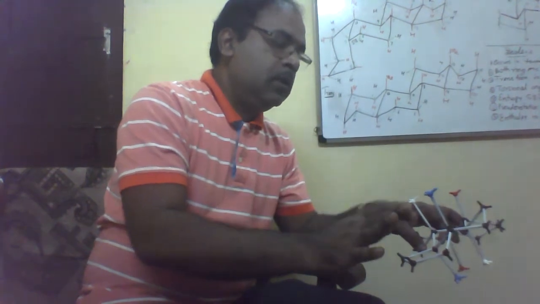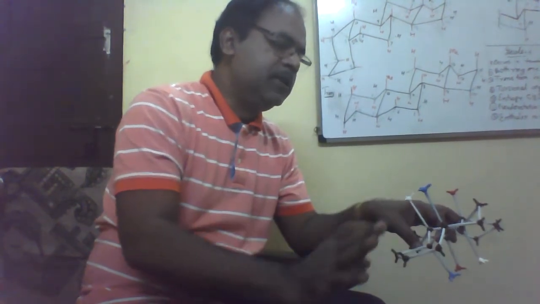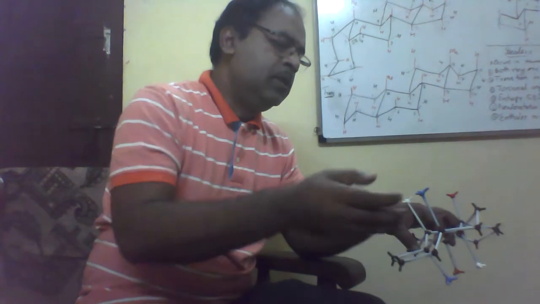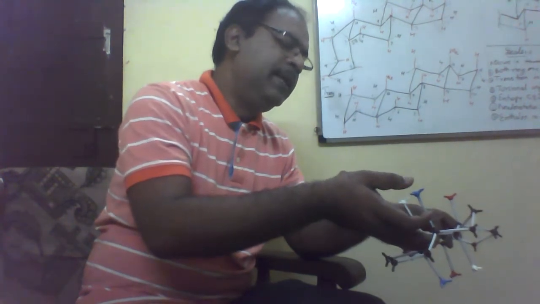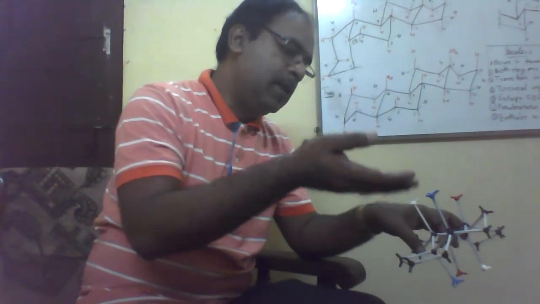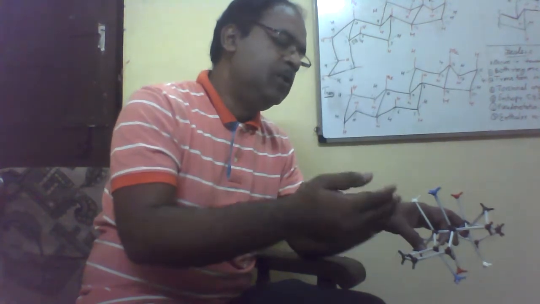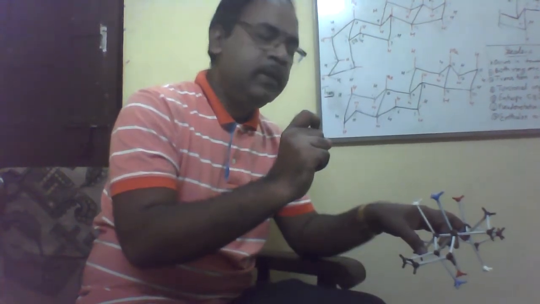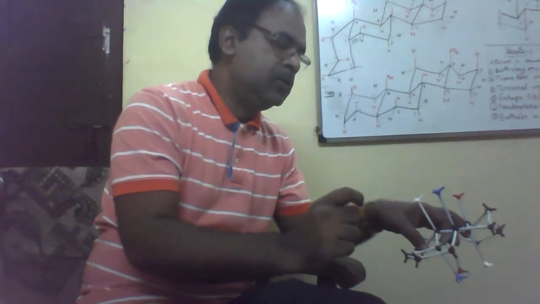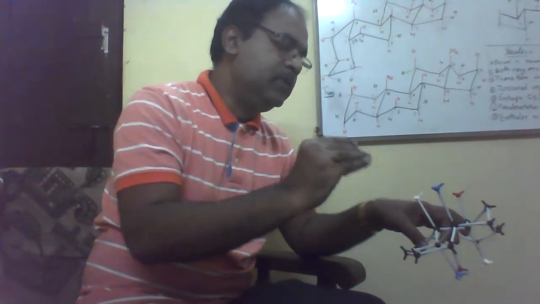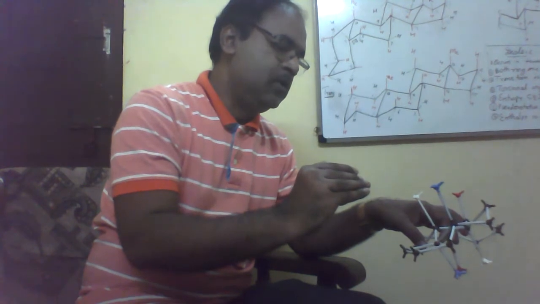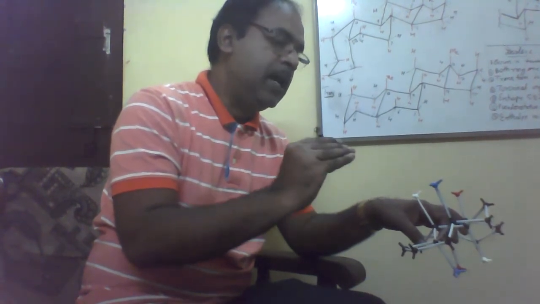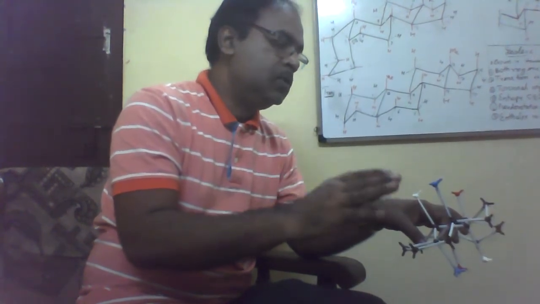Another structure is the half chair. In the half chair, what is the idea? One carbon atom is above the ring, another carbon is below the ring, and the remaining three carbons are present in one plane. Due to this, it gives us the half chair conformation, not a complete chair. So these are the